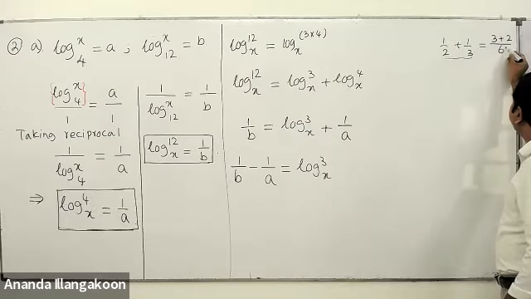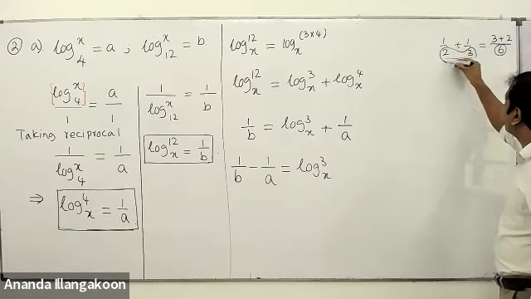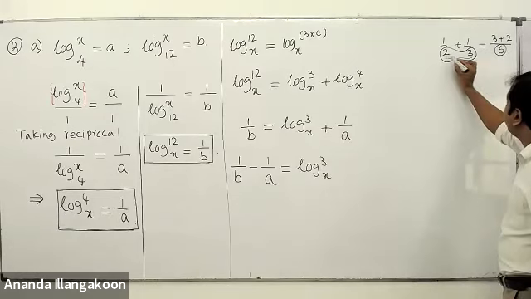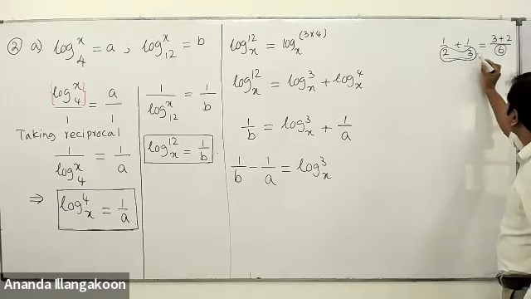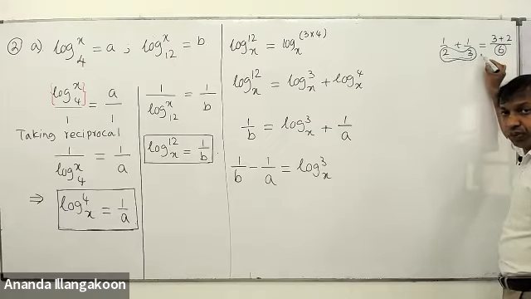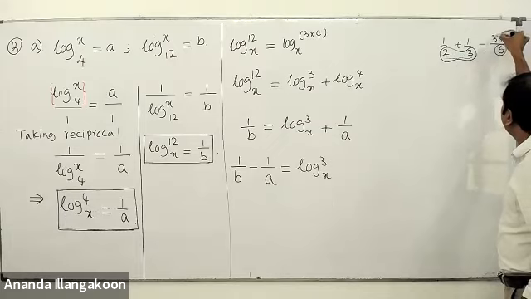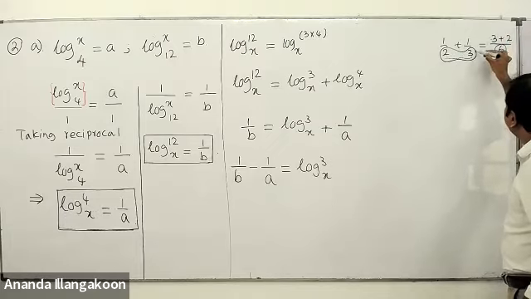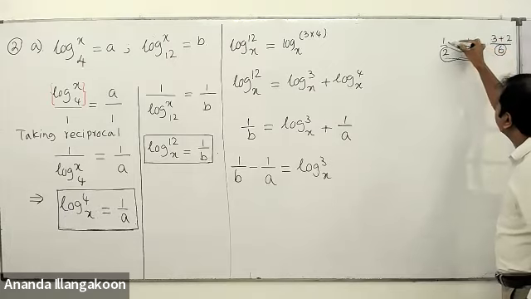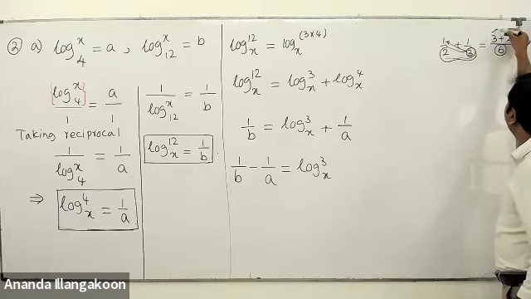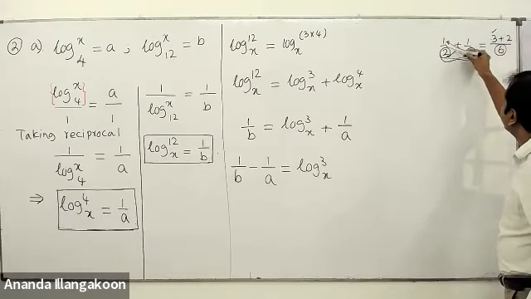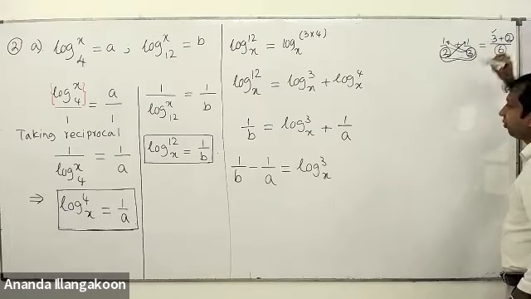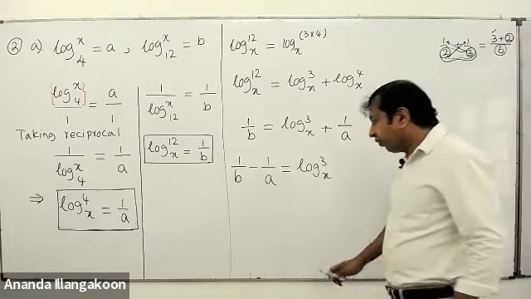When you consider this 6, it is the least common multiple of this 2 and 3, no? The 6 we can find by directly multiplying this 2 and 3. When our common denominator is the direct product of the present denominators, here 6 coming from 2 into 3, then to find the new numerators, you multiply by this number. 3 into 1 is 3. This is how we get this. By this number, you multiply this. 2 into 1 means 2. This is how we get this. Like that, when you simplify here,